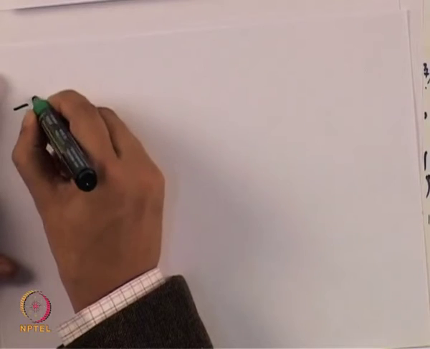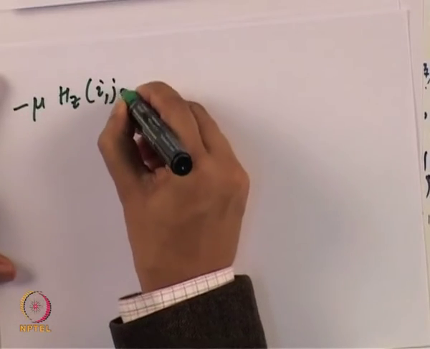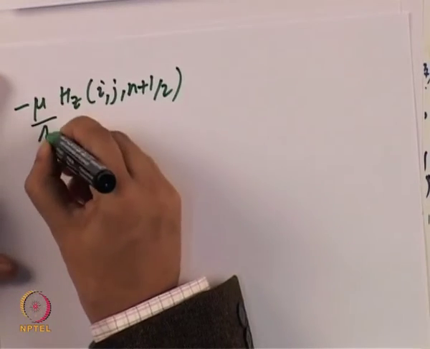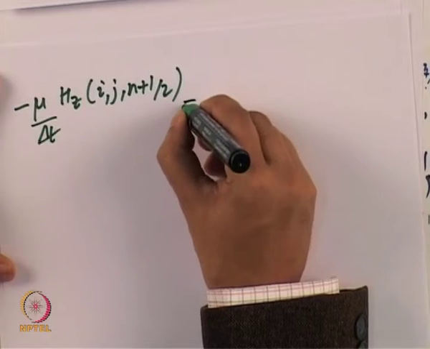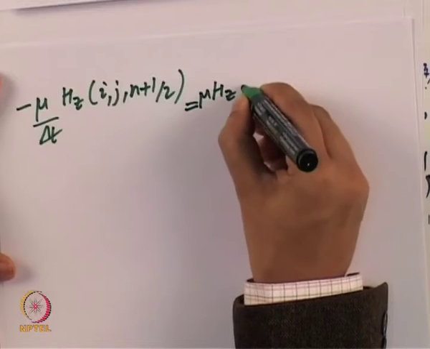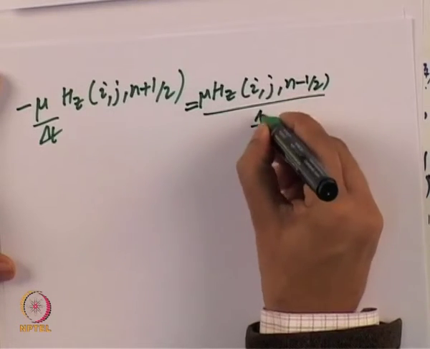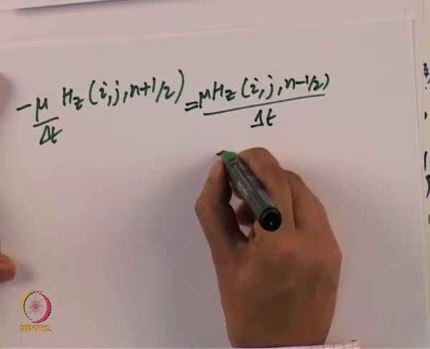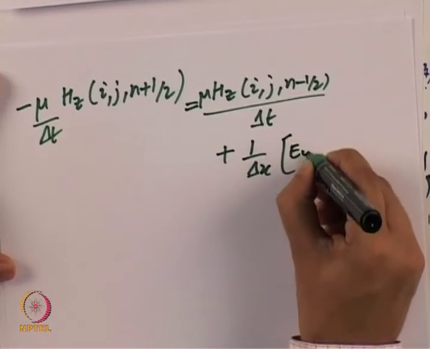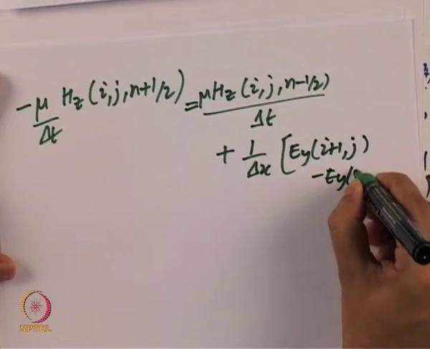We have minus mu Hz(i, j, n plus half) divided by delta t is equal to mu multiplied by Hz(i, j, n minus half) divided by delta t, plus 1 by delta x multiplied by Ey(i plus 1, j) minus Ey(i, j),